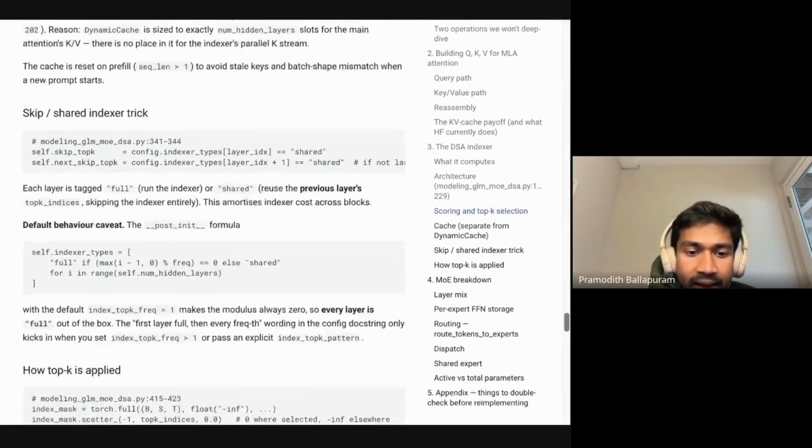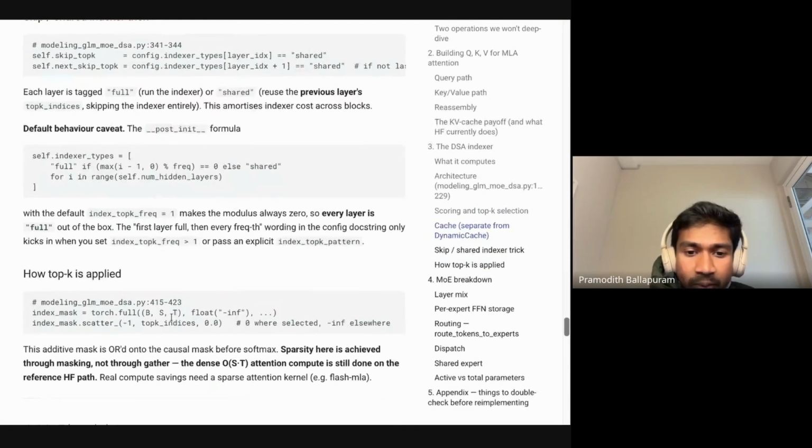After you identify the top K indices, you scatter those indices' importance scores through your attention mask. Anything that's not negative infinity has to be included in attention, but anything that has an infinity doesn't have to be included. And that's where the sparsity comes from. And flash attention makes use of this to actually perform sparse attention. Whereas if you use something like SDPA out of the box, it doesn't actually use sparsity;